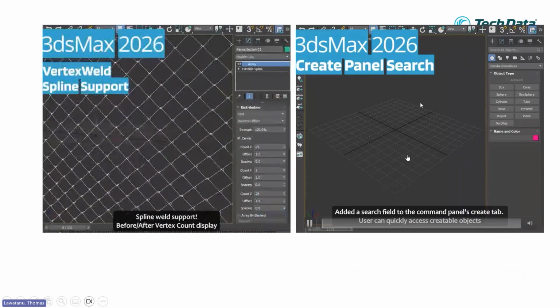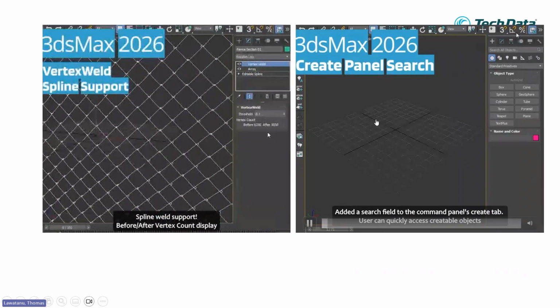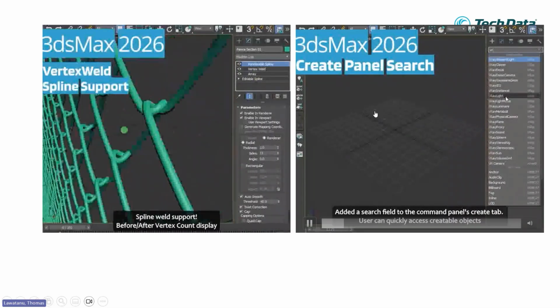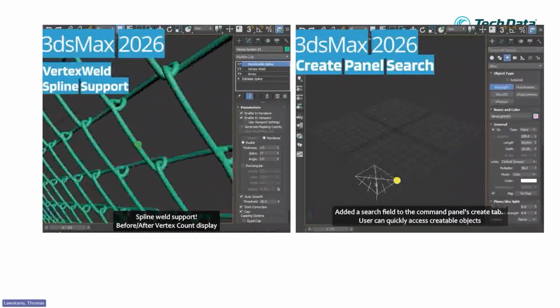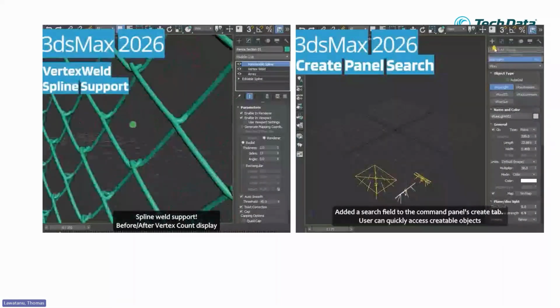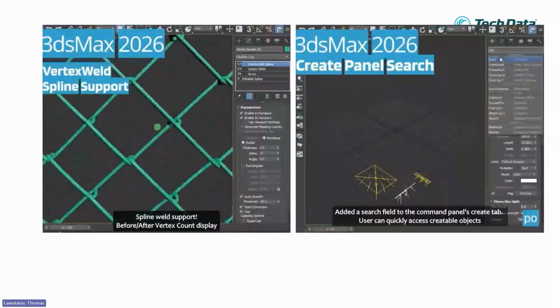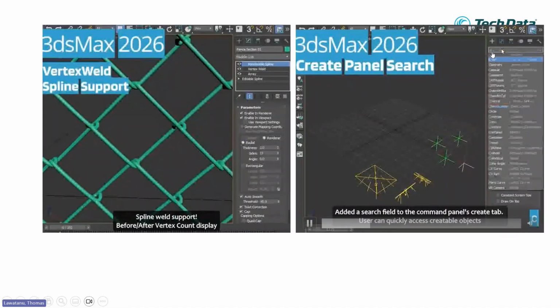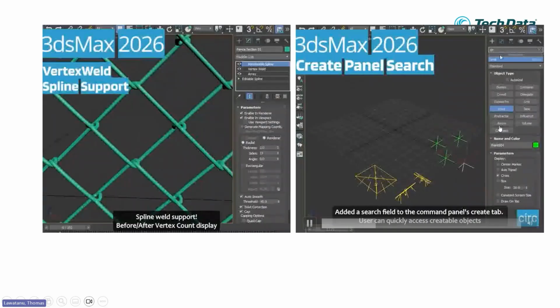Okay. And right now in 2026, I think this is more important: they added a create panel search. Sometimes when we apply a lot of things in the modifier list, we have to look and drop down to find any modifier. But right now this is easier.